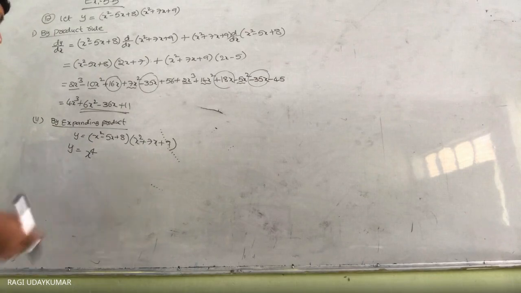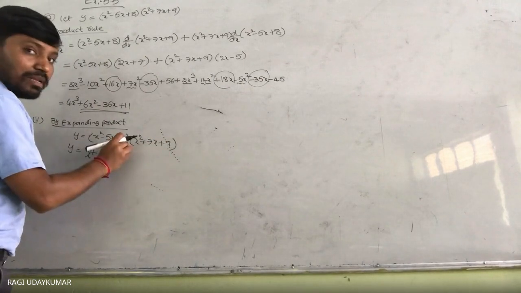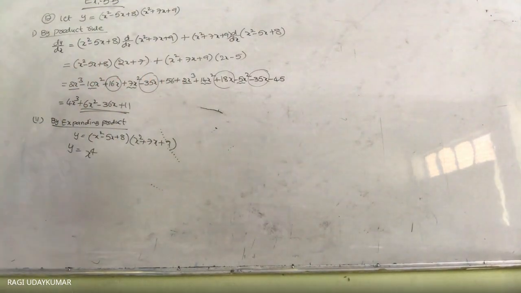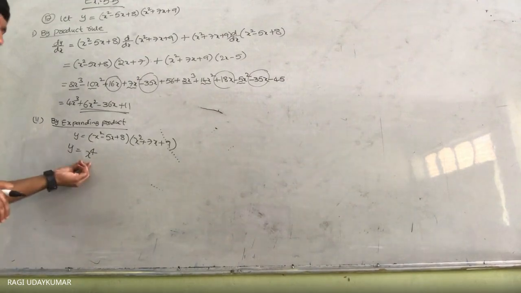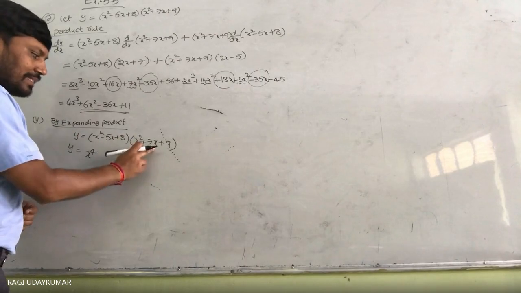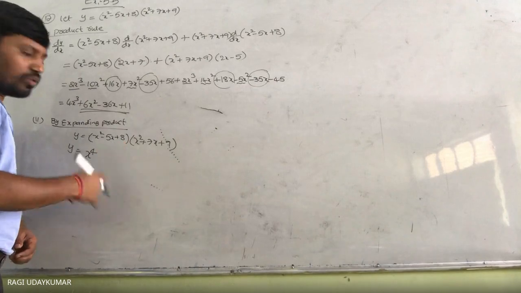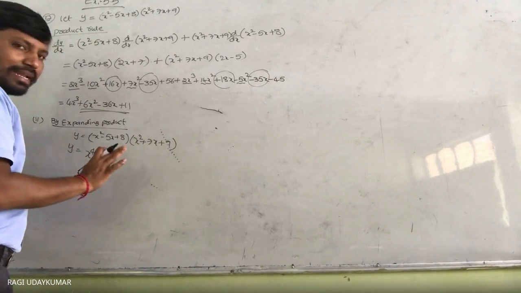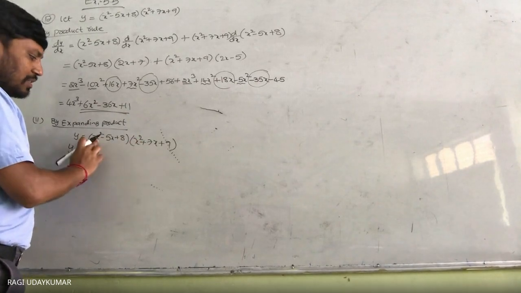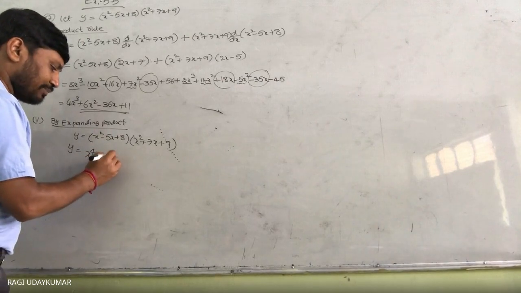Otherwise, if you get confused, first ये सबसे multiply करो, ये सबसे multiply करो, ये सबसे multiply करो. Problem becomes length ज़्यादा हो जाएगा. You can do in any way. X power 4 है. X cube term क्या आएगा? X cube, how do you get here? This one with x, x cube. This one with this. So x cube आ जाएगा. Okay, x cube आने के लिए there is no other alternative way. So what are two terms we are going to get x cube? 7x cube minus 5x cube. So plus 2x cube I am writing.